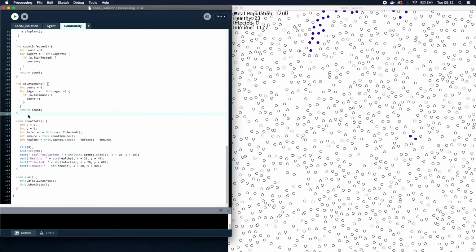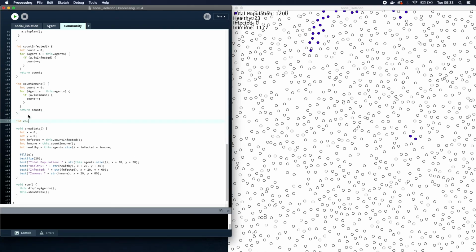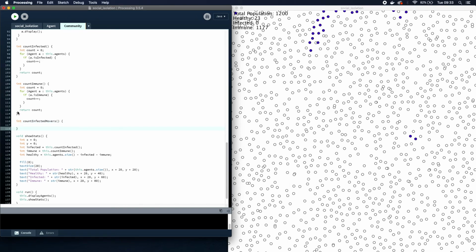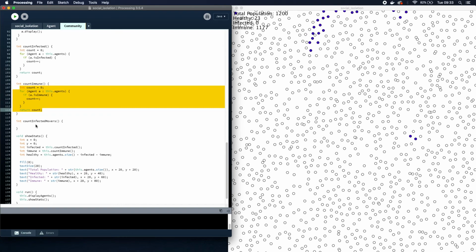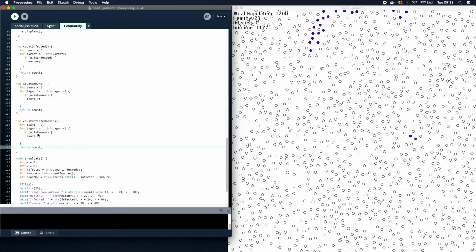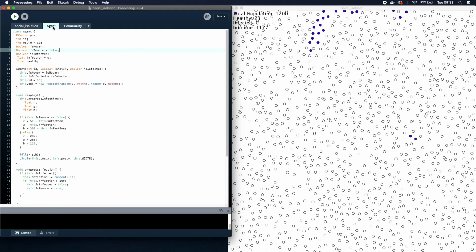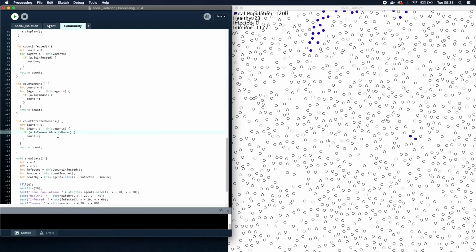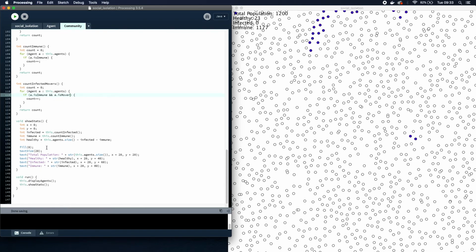So I'm going to do int count immune, count infected movers. So I'm going to pinch this loop here, and I'm going to say if a dot is immune and a dot is mover. Is that what I called it? Is mover, yeah. If a dot is mover, then count dot plus plus,